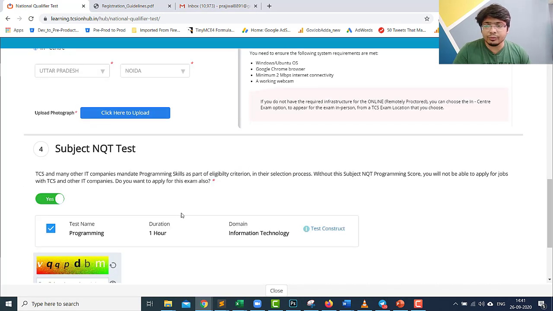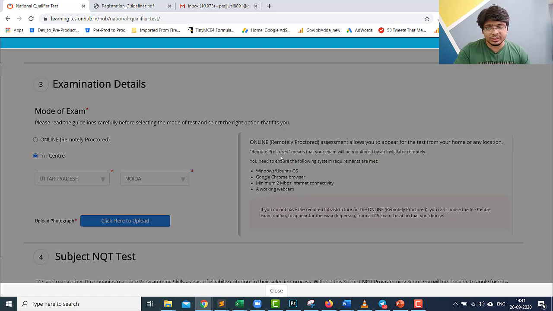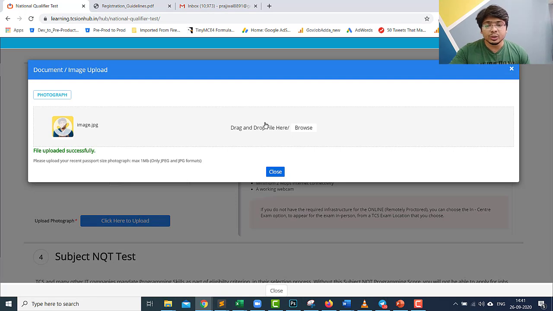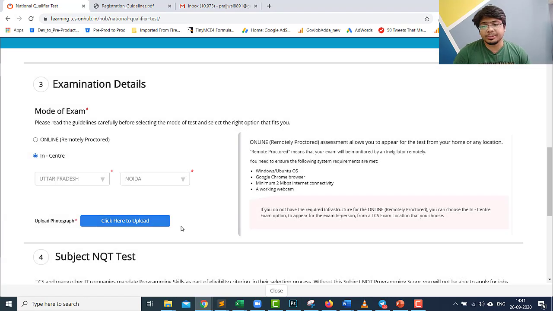After that, you just have to verify whether your image is uploaded or not, because there's a flaw here where it does not show you clearly. So I just opened and closed it. I just wanted to open and check whether the image has been uploaded or not.